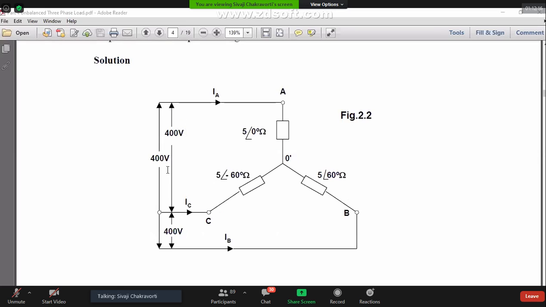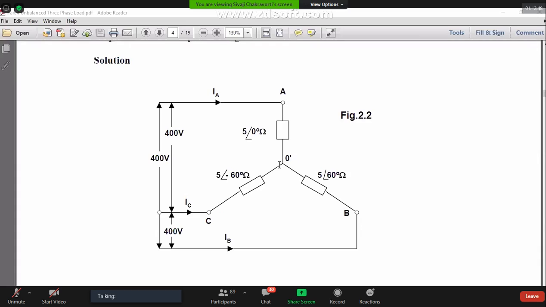What is stated? 3 impedances, ZA, ZB, ZC. And it's a 3-wire, 3-phase, 400-volt system. That means line voltage is 400 volt. Again, I am repeatedly telling you that if nothing is stated, this voltage is line voltage. Calculate the phase current and the phase voltage of the load, not the source, the voltage of the load. But first point, ZA, ZB, ZC, they are all 5 ohm.